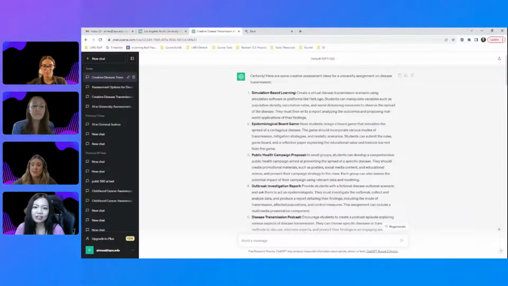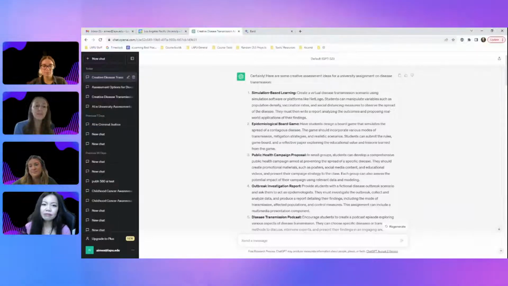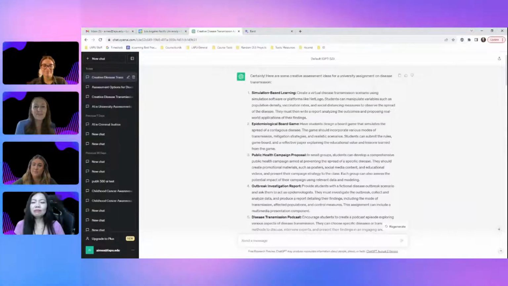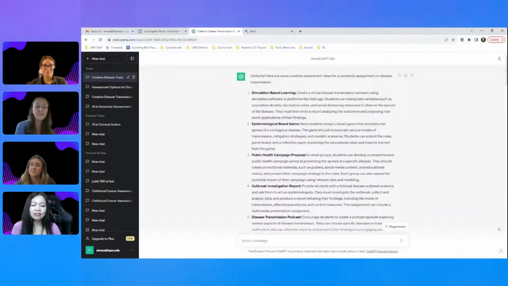I do think it's important to mention here too that a big reason why, at least from my experience, research papers have become and stayed the norm is because it's less of a heavy lift on the development end. Obviously, these types of things, like scenarios and board games, there's a lot more time investment.